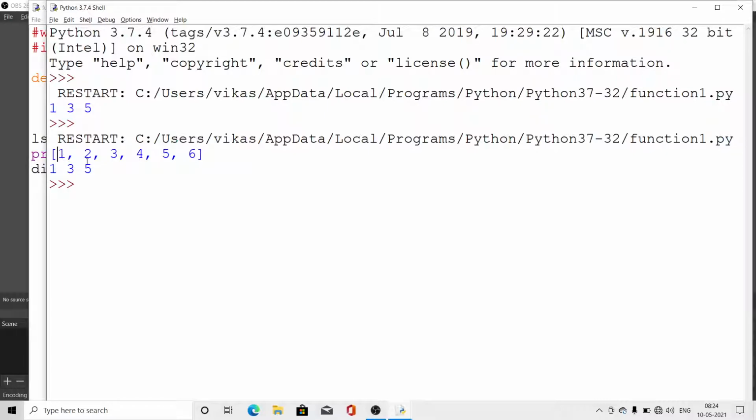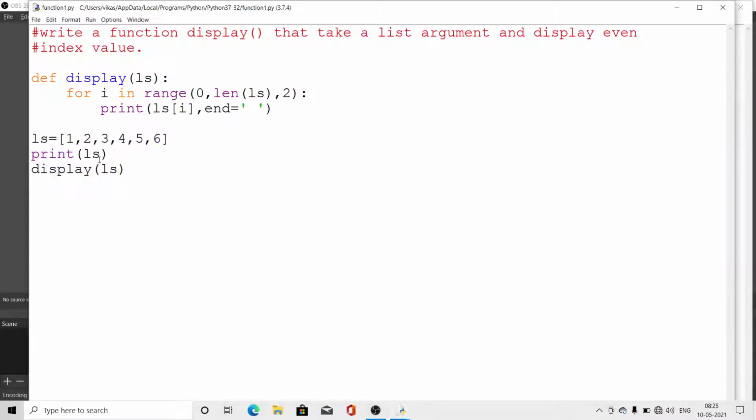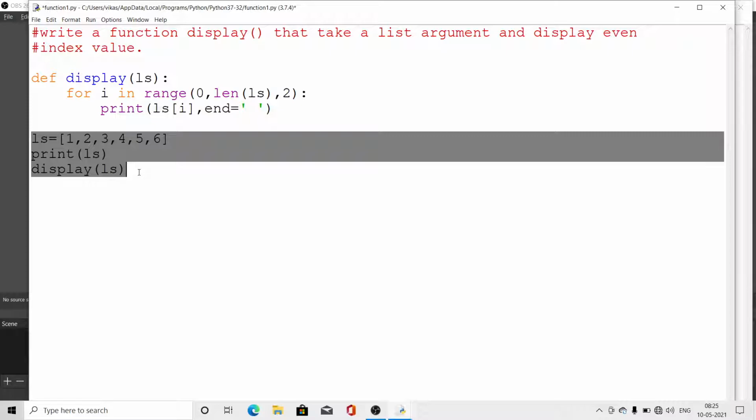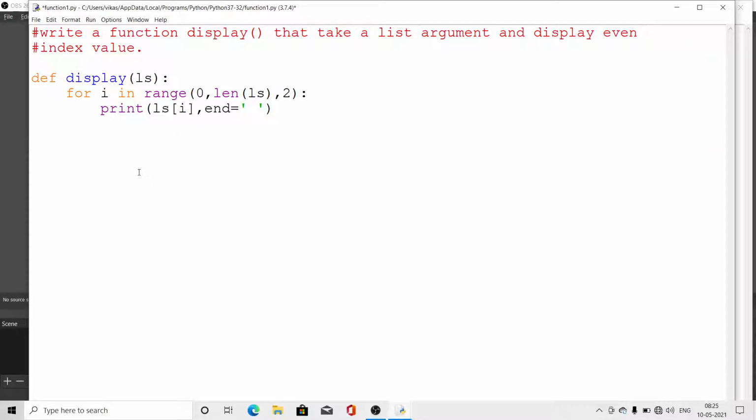Index 0 gives 1, index 2 gives 3, index 4 gives 5. That's why it displays 1 3 5. Is it clear? If you want to take input, here also you can make any type of input statement by which you can take whatever you have learned throughout the list, how to initialize the list. All these things you can do.